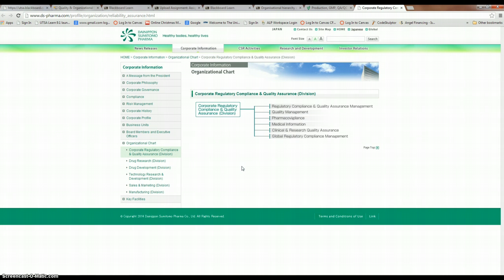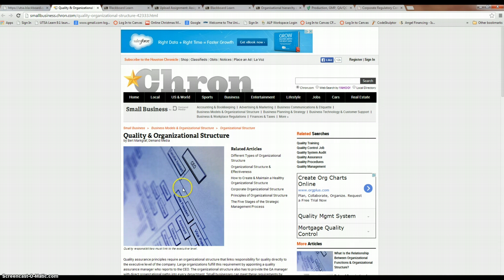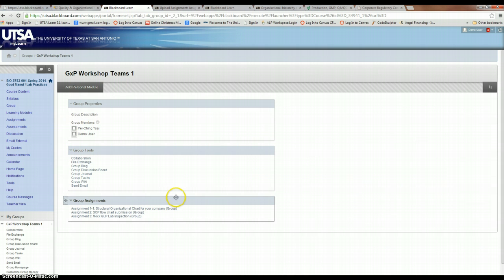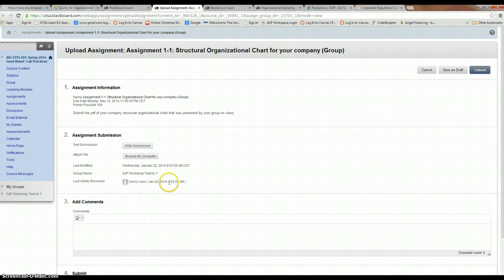So a simple flowchart, you can use Microsoft Word templates, whatever template you might find. You set it up, save it as a PDF. Your team leader uploads it as the assignment, and we will schedule the presentations within a week or two of the day that you first initiate this workshop. So we don't ask you to sit down and do it now. We sit down and get it started now, and use the communication tools that you have available to you through Blackboard here,